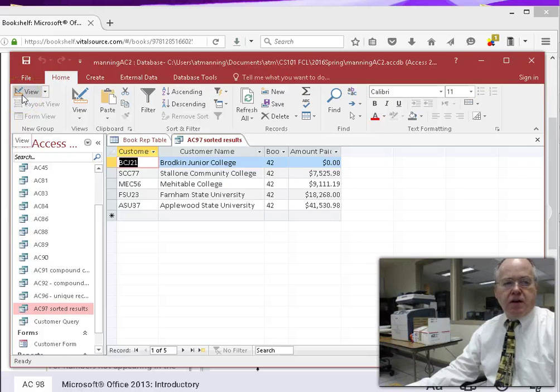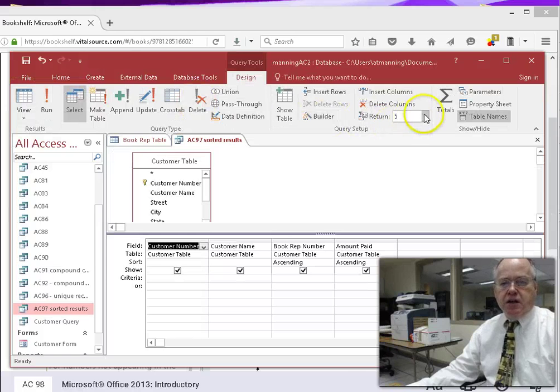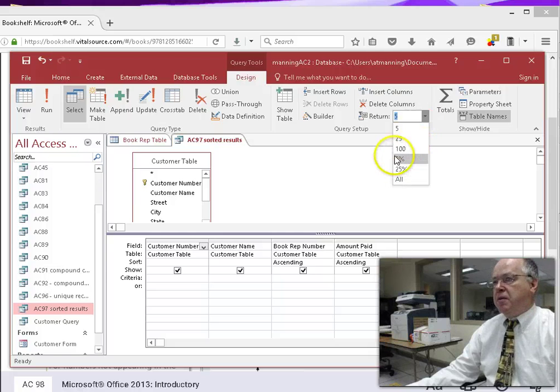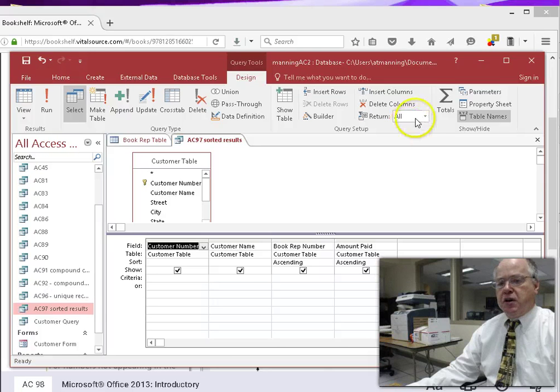I don't hardly ever use that unless I have a huge database. The only time you need to worry about that is if you have a very large database and showing them all takes a lot of time. But with our databases, they're all very small, so showing all is fine. But if I want to do the top 5, change returns to 5, and now I'm going to save this